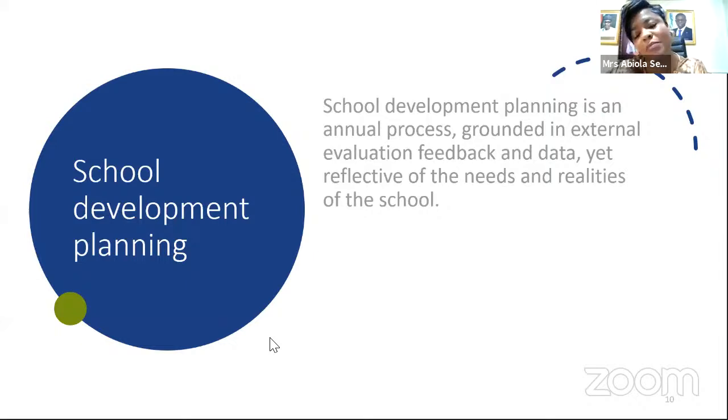So based on your previous school year, based on the vision and mission of the school, this is where we want to be, right? But we know that as we go about that journey, things may change. We may decide that we want to be more of a humanities-based school. We may decide that we want our teachers to be more conversant in STEAM education or STEM education. So I feel like the school development plan is your standard, and the school improvement plan